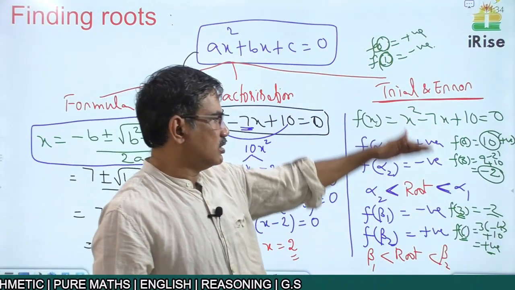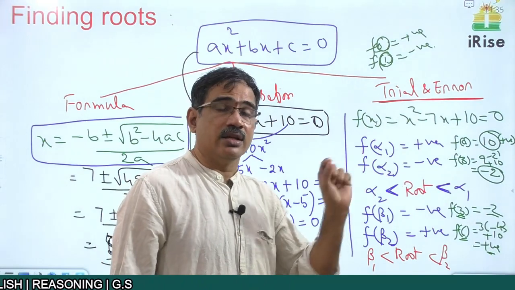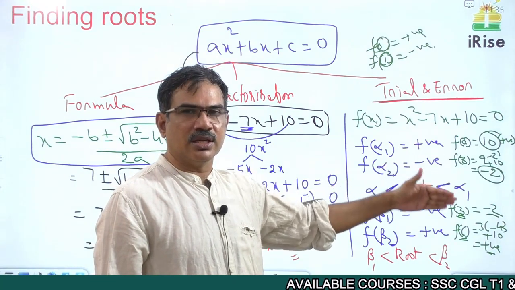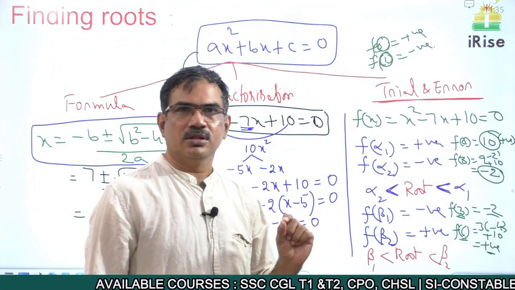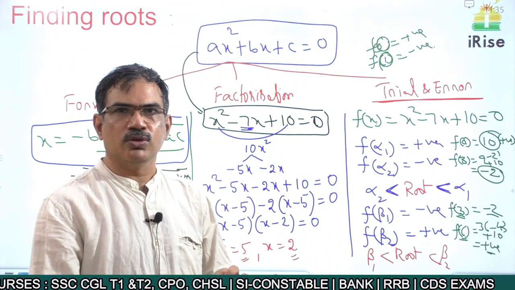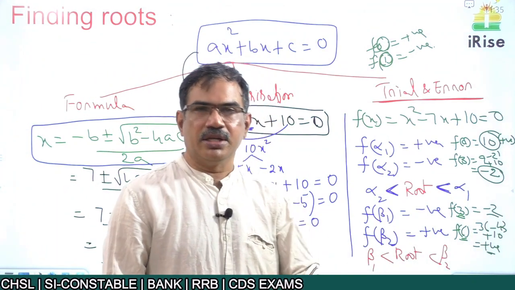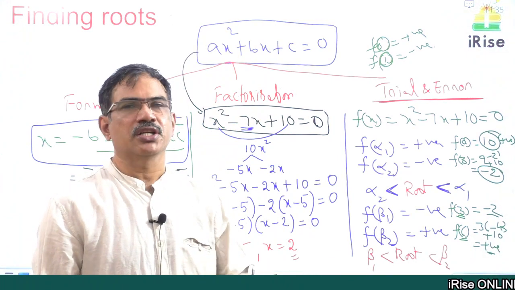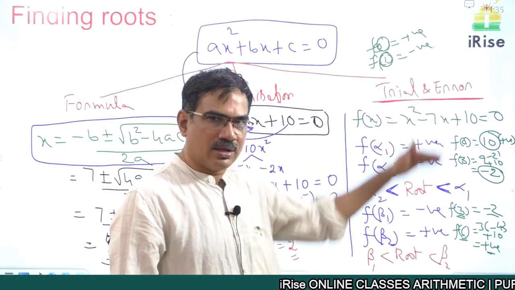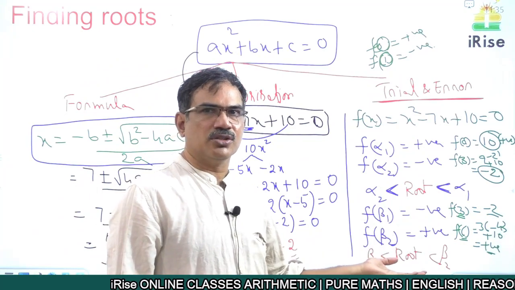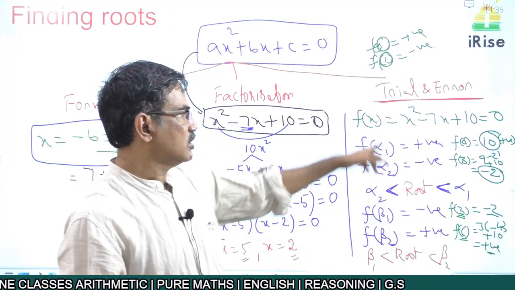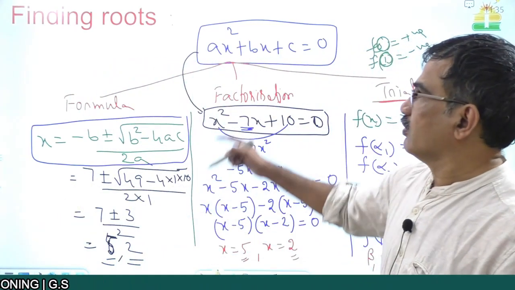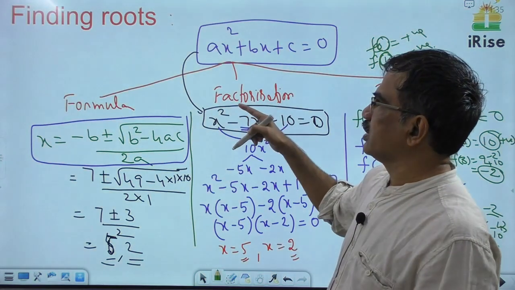Actually, this is applicable only if it has real roots, that is important. Because positive and negative numbers apply only to real numbers. For imaginary or complex numbers, we don't say it is positive or negative. For 2i, we don't know whether it is positive or negative. Only if the roots are real do we say that a number is either positive or negative. So this is applicable for real roots. So this is about finding the roots of a quadratic equation.